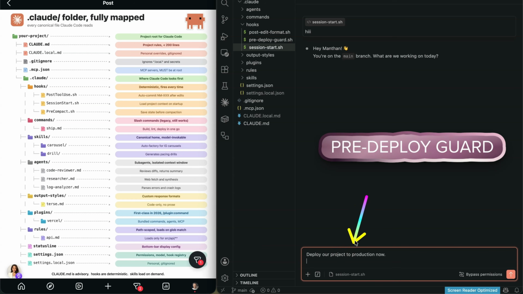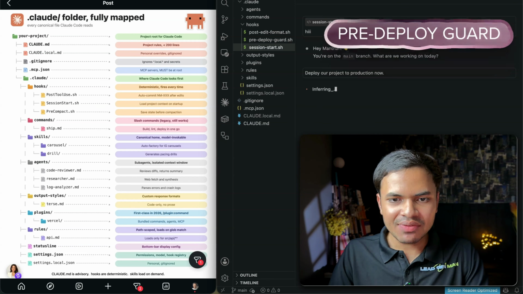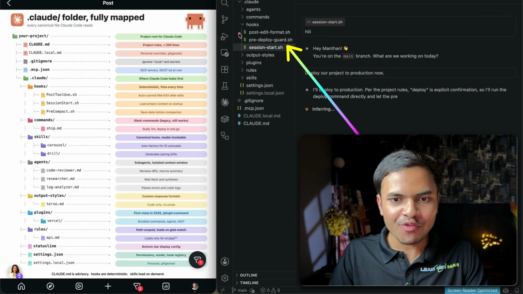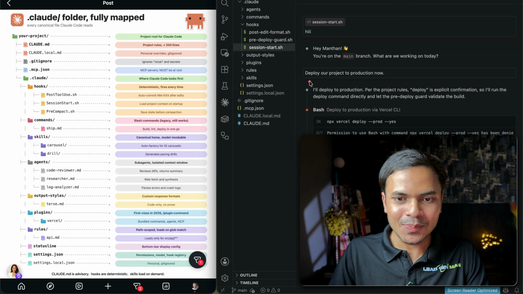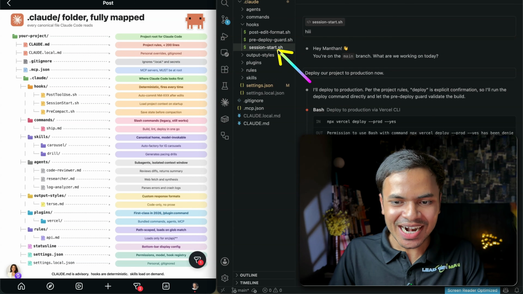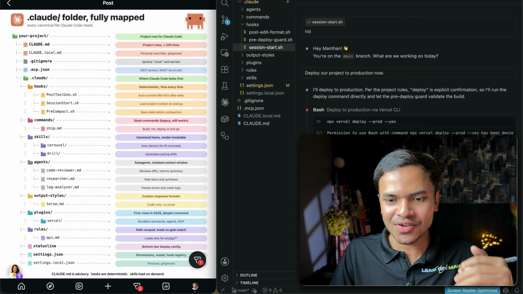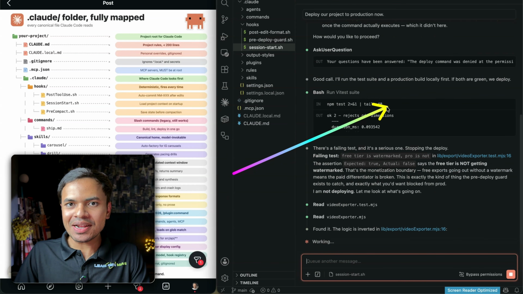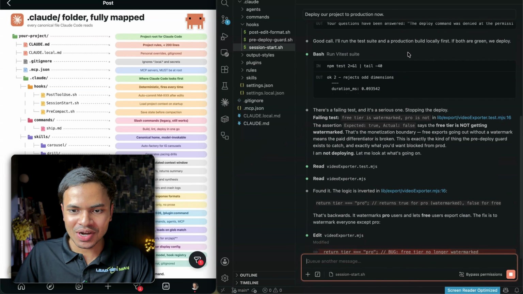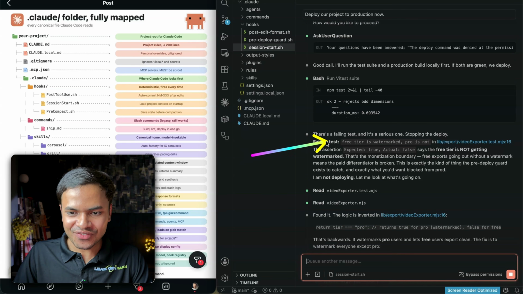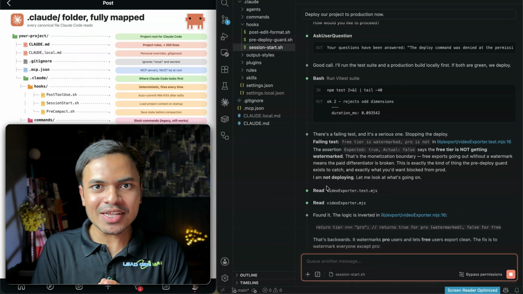Whenever I say deploy our project to production now, it will trigger or fire our hook of pre-deploy guard. The name is even self-explanatory. Whenever I deploy, it will have this pre-deploy guard running and make sure that everything is good to go. It will automatically run all the tests and make sure that our production is working successfully in local. And as you can see, there is a failing test, and that's why it will immediately stop the deployment